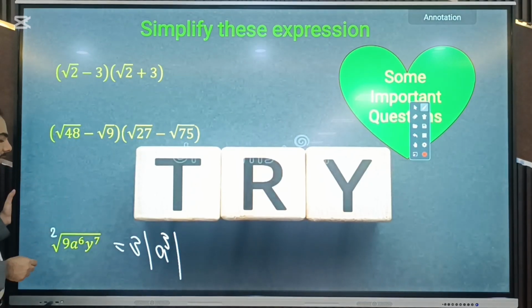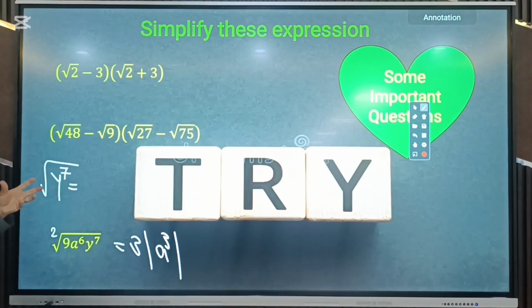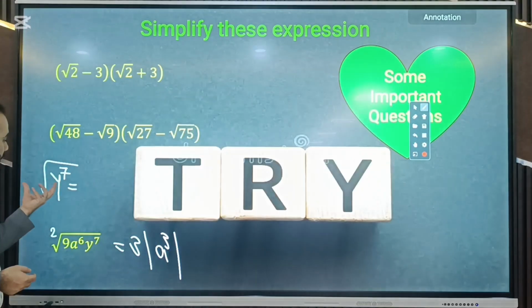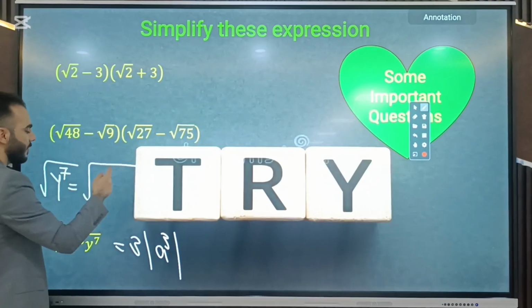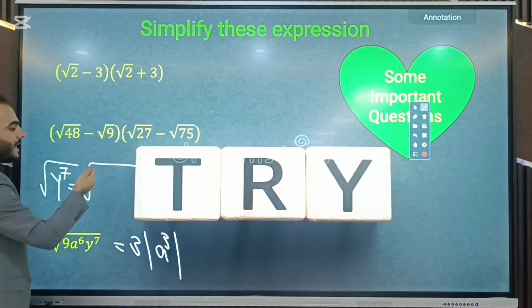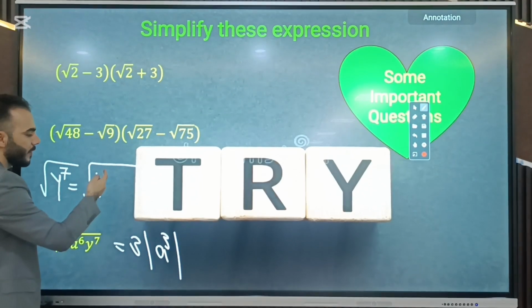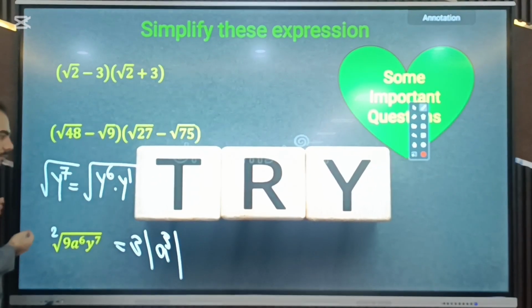How about this y to the power of 7, guys? Let's just separate it here, y to the power of 7. 7 is not divisible by 2, so we cannot bring out this y. Actually, we can. But how are we going to do it? We need to simplify that y to the power of 7. Can't we write y to the power of 7 in this way? y to the power of 6 times y to the power of 1. We can,